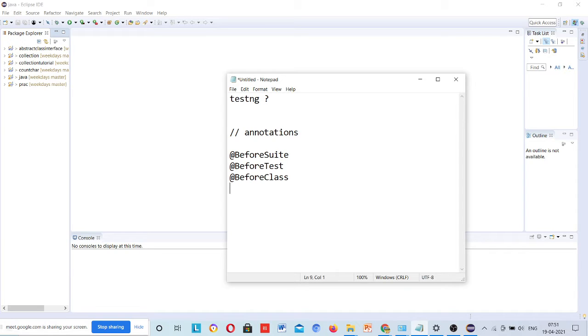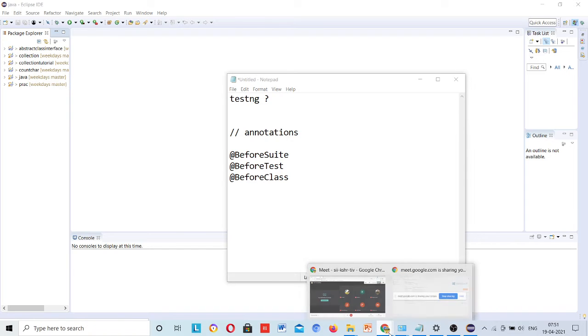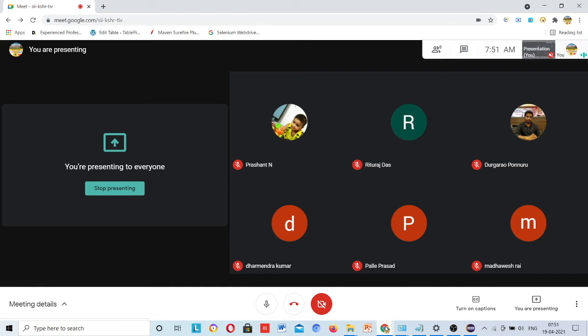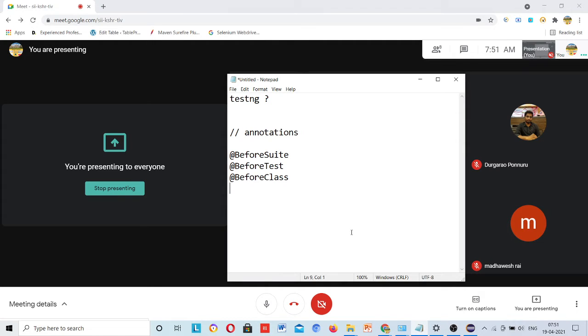People are saying that we are not getting notes. Whatever I am writing here itself are notes. Other notes, I've already shared the PDF in the mobile app. Some people have already downloaded. So many things are present with you, but sharing each and every time when you ask that we don't have notes is not possible. So just keep your folder, and there you need to paste whatever I am writing. Like this is annotations, and I am going to explain the annotations, so that will be possible in lectures only. Otherwise these things you will find everywhere.